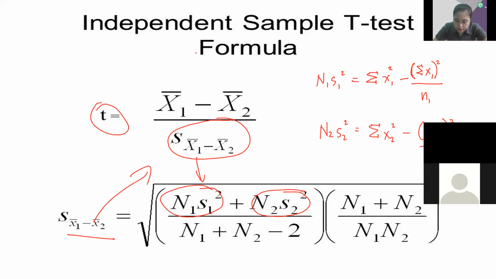84 squared divided by 10. 774 or 68.4. Wait lang. Actually, check lang ako bakit iba yung answer. 84 squared divided by 10 is 705.6. 744 minus that, answer 38.4. Anyway,